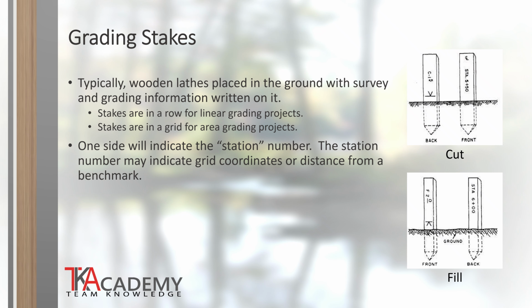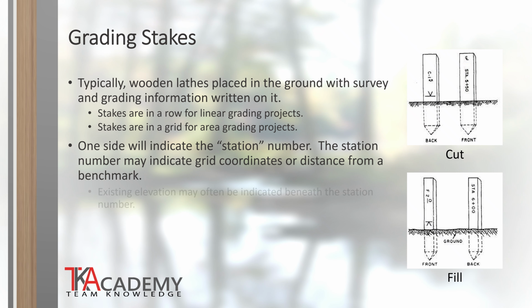The horizontal interval is referred to as a station and is indicated on the grading stake along with any additional horizontal distance above the typical interval spacing. For this example, the interval spacing is 100 feet. Station 5 is the fifth grading stake in sequence, which indicates that Station 5 is 500 feet from the project starting point. Most points of significance are not aligned with equal interval spacing, so the additional horizontal distance is indicated on the grading stake immediately after the station number. In this example, the distance of 50 is indicated after the station number of 5, which indicates that the linear point is 550 feet away from the benchmark along the center line of the road.